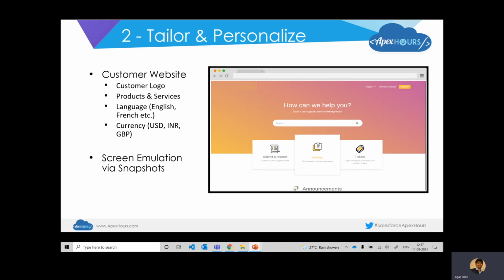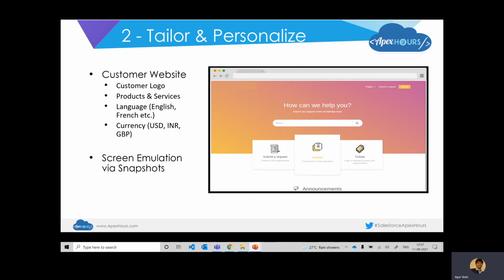The other way to do that is, if you're doing a web to lead form, you can make that web to lead form look like something that has been plugged into the customer's website. The easiest way to do it is to emulate that by taking a screenshot of the customer's website screen and putting it as an image file on the web form.